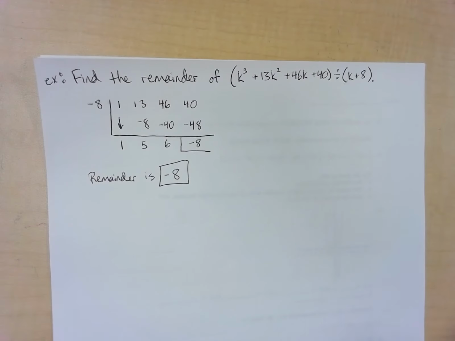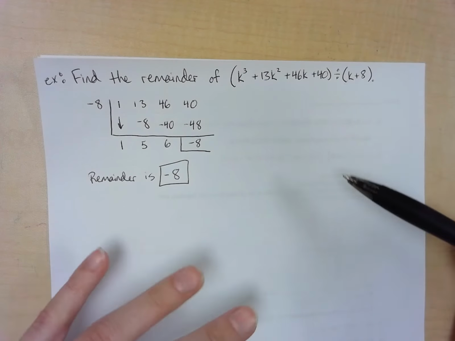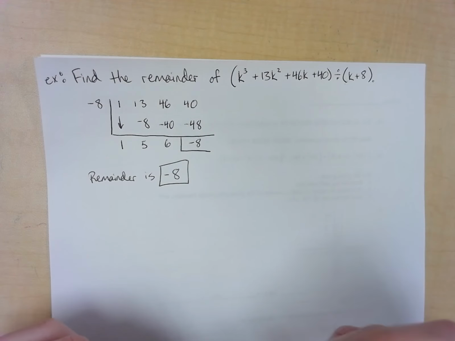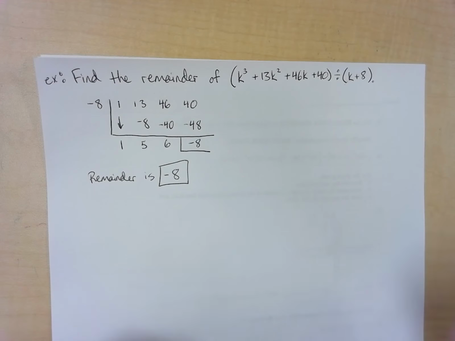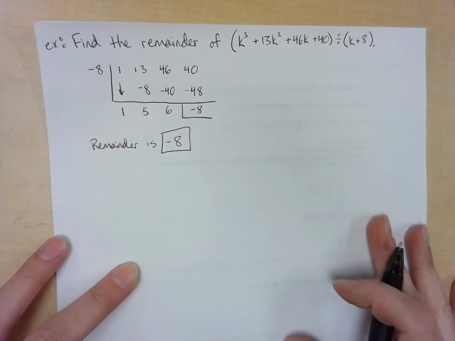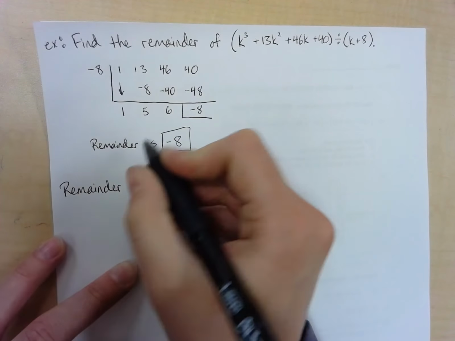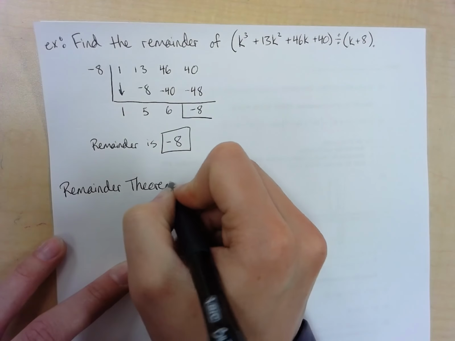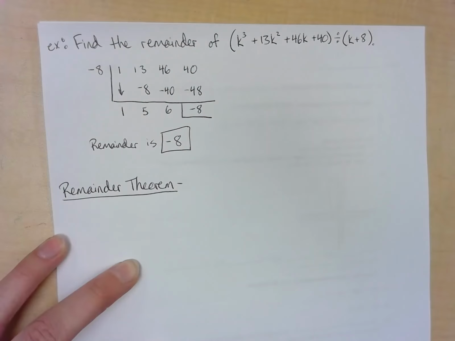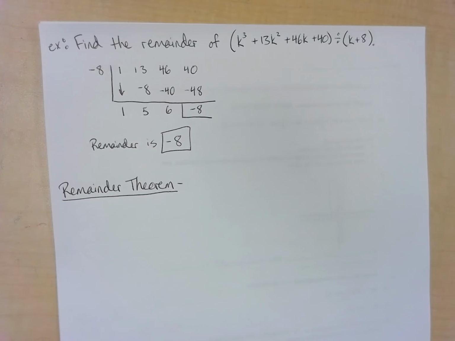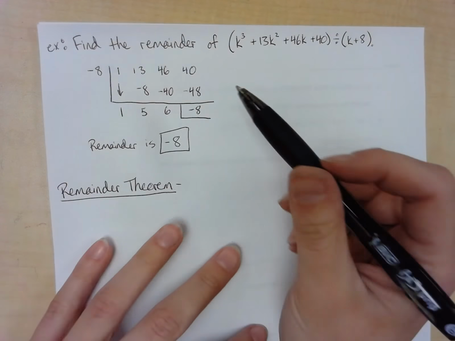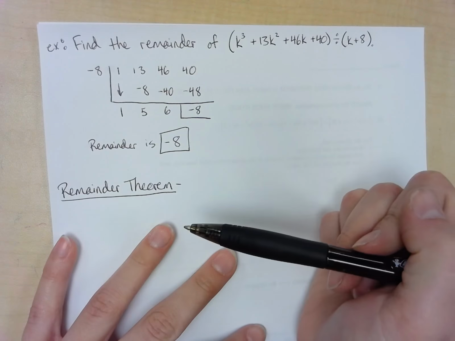Okay. It just goes so much faster, and that's why we like it. Another way that you could find the remainder is what we call the remainder theorem. So basically what the remainder theorem says is that instead of having to divide this, I'm going to